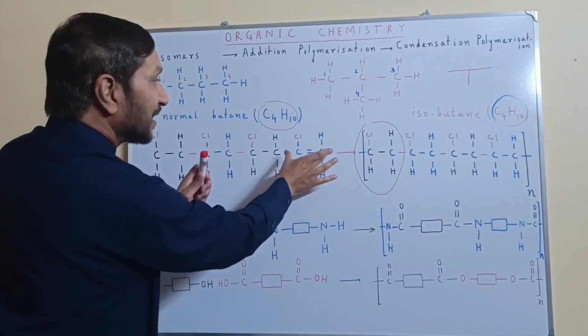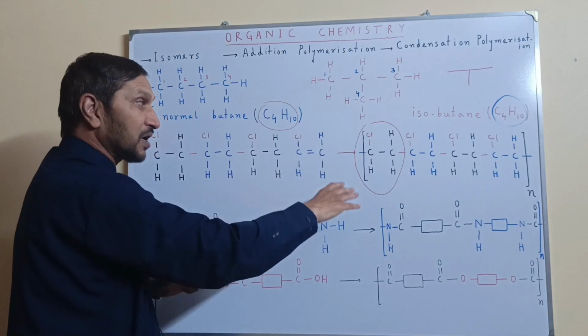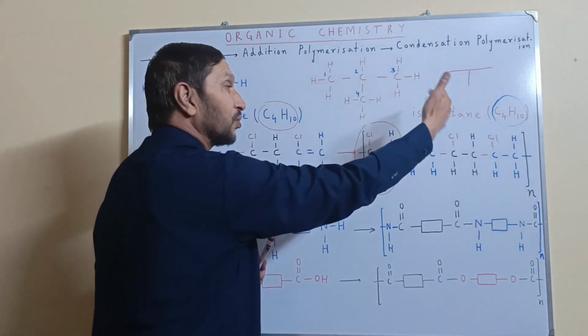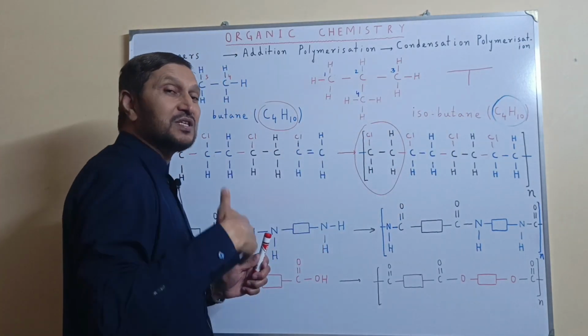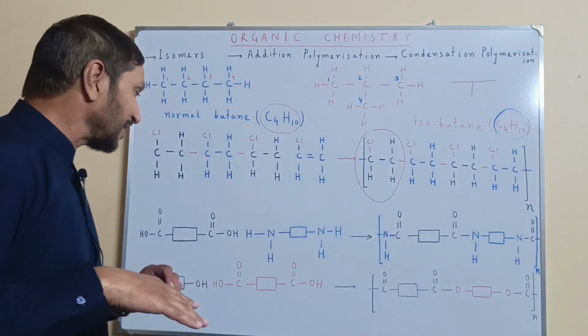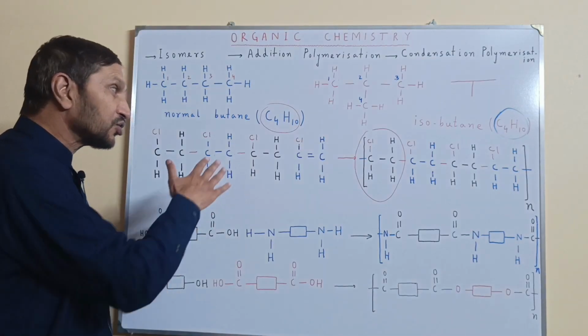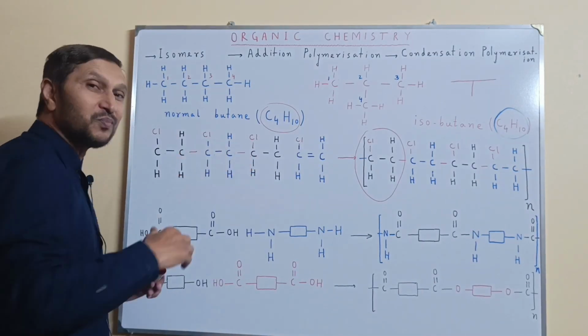So if the monomer is chloroethene, you should be able to draw how the polychloroethene will be formed. These types of questions may come in the exams. Now the next is condensation polymerization. In contrary to addition polymerization,